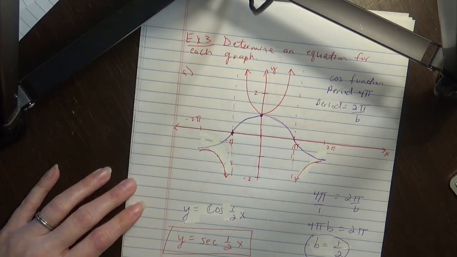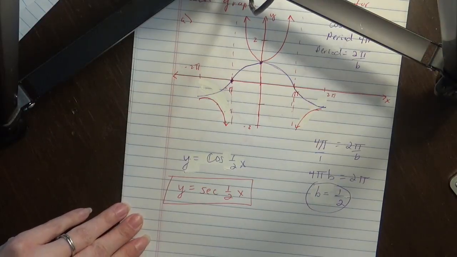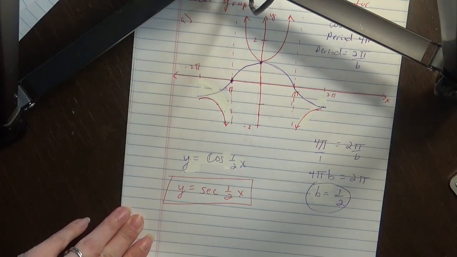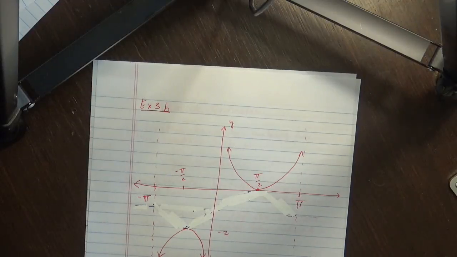That's our answer. Y equals secant of 1/2 x is what I'm trying to say. And that's the graph in red. So in example 3b,